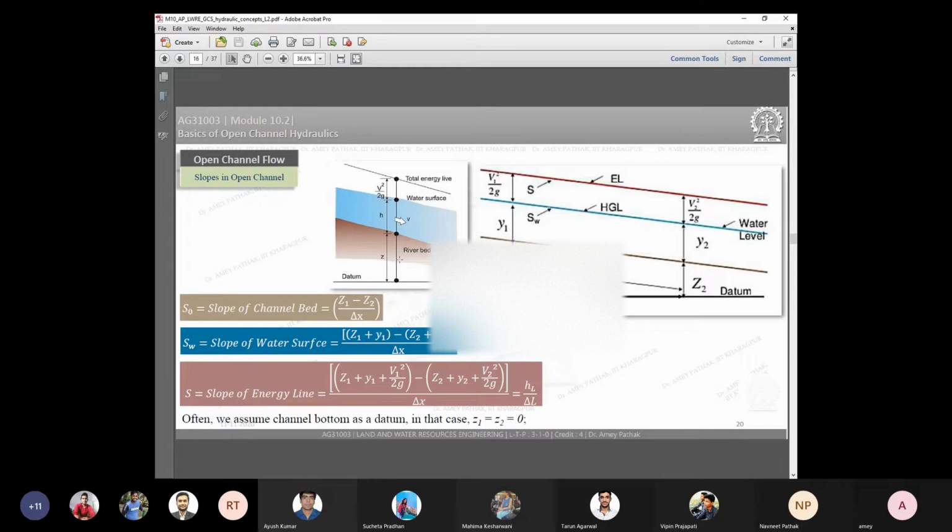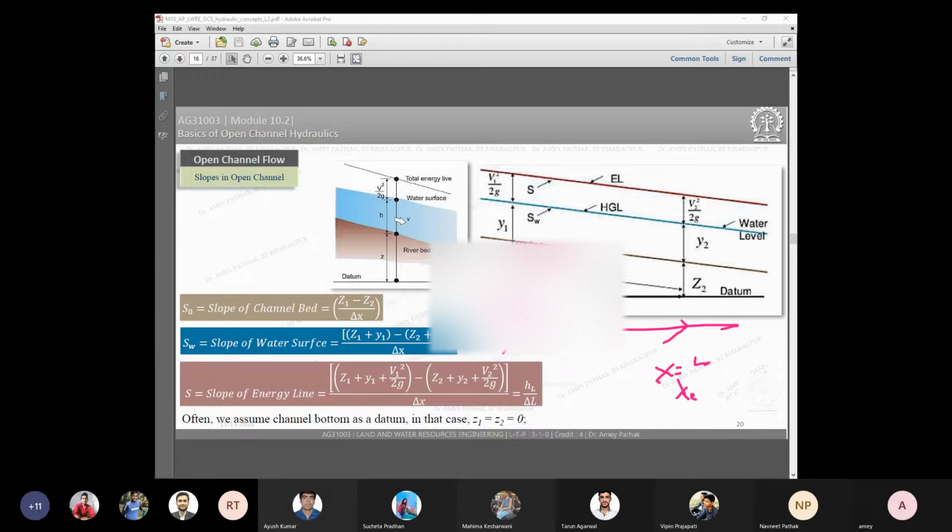Yeah. So these are the slopes in open channel flow. Okay, so you can see this is your inflow. This is x equal to 0, meaning we are talking about this length. So flow is happening in this direction. x equal to 0 here and x equal to L. You can also say x1 and x2. Okay, so this is your channel. This is a normal case of open channel flow.